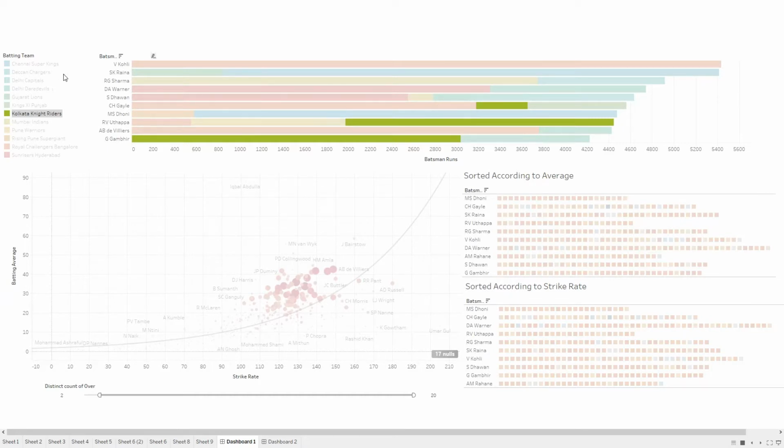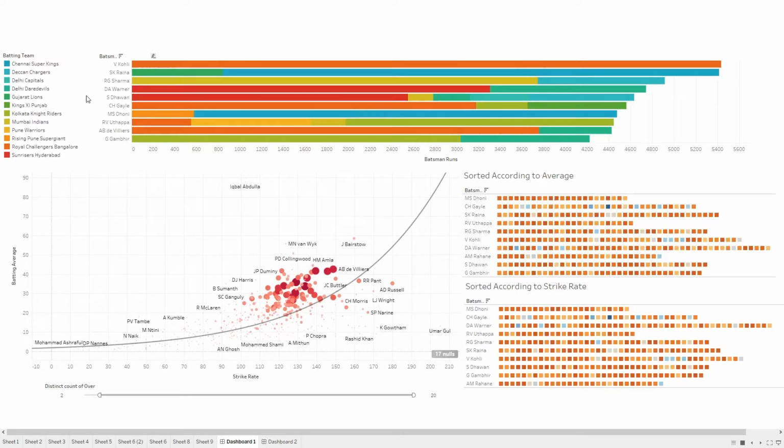And these are the top 10 players who scored the maximum runs in IPL. Now, the best thing in cricket is probably scoring 50 or scoring 100. So here we have the top 10 players who have the maximum number of 50 plus scores, sorted according to average and according to strike rate.